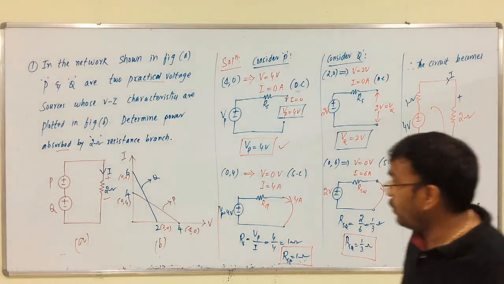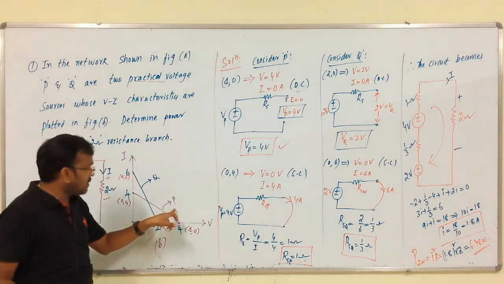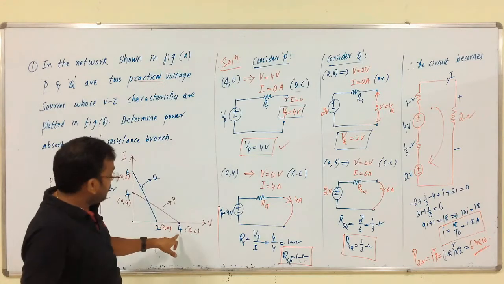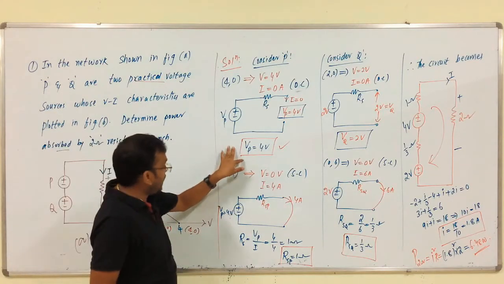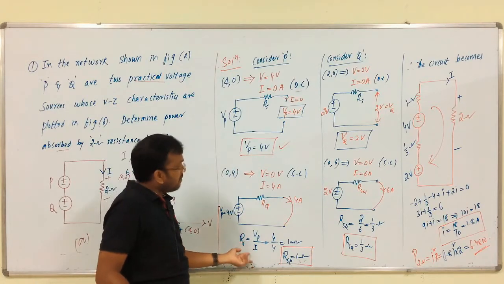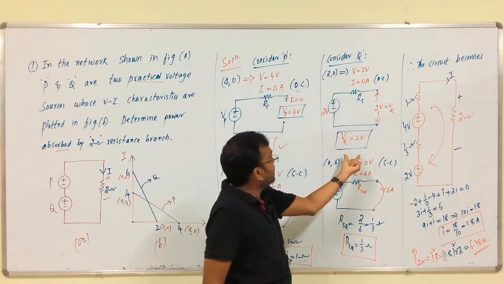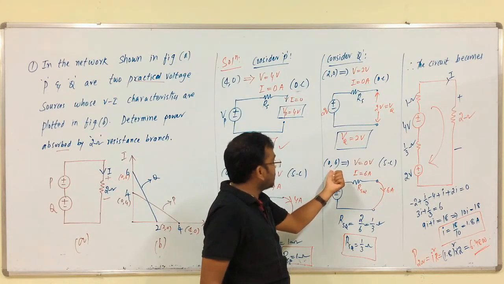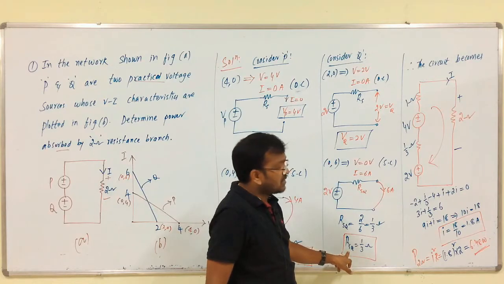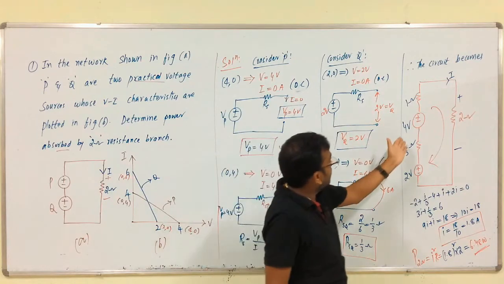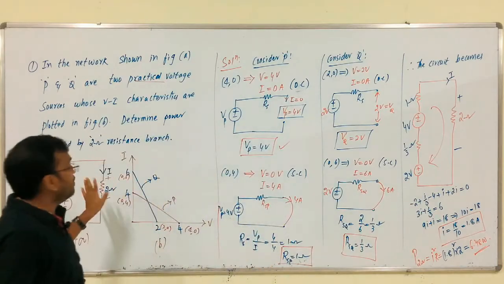So, first you have to consider the voltage source, that is the P curve. Then with respect to x axis coordinate, y axis coordinate, we have to calculate the voltage and the internal resistance. Same as in the case of Q. First consider 2, 0, we have to calculate the voltage. Consider y axis coordinate, we have to calculate the internal resistance branch. Then the modified circuit is like this. Finally, we have to calculate the power absorbed by this element.